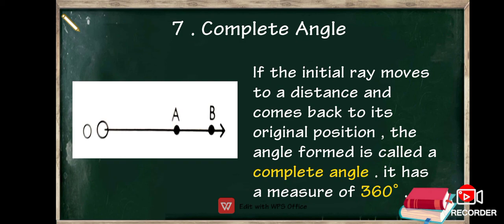Zero angle, the name zero itself says it measures 0 degree. And then right angle, it measures only 90 degree. Keep in mind, right angle measures only 90 degree. And acute angle, I told you a clue word, right? Acute, A is a form of acute. It is like a V, like an ice cream cone. Keep in mind, ice cream cone. It measures between 0 degree to 90 degree, that is from 1 to 89. These all degrees are known as acute.